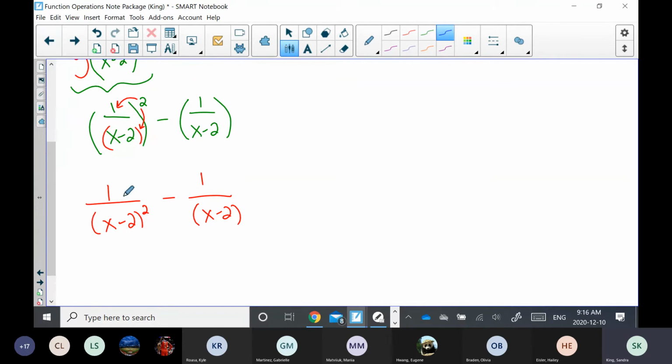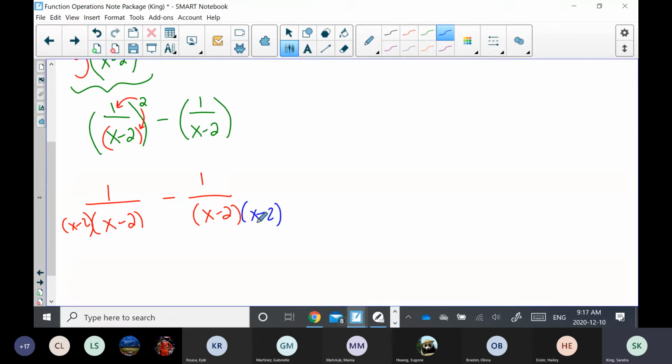How would you further simplify these 2 rational expressions? You need to get common denominators. So I have x minus 2 twice here. Okay, so if you want to see this written a different way, I could erase this 2, and this bracket is really written twice. So this first fraction, I've got x minus 2, x minus 2. This fraction, I only have 1 x minus 2. So what I'm going to do is add another x minus 2